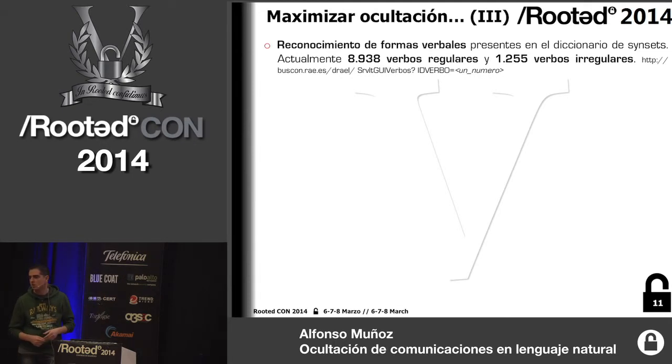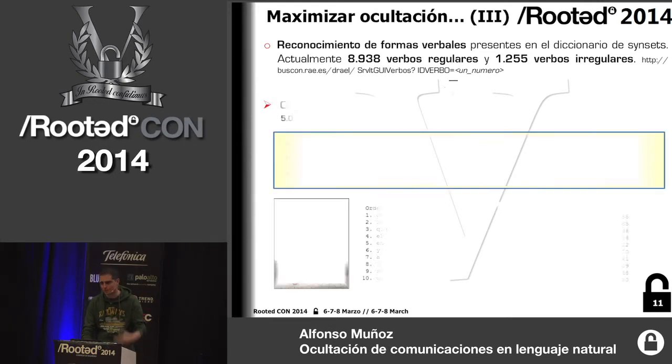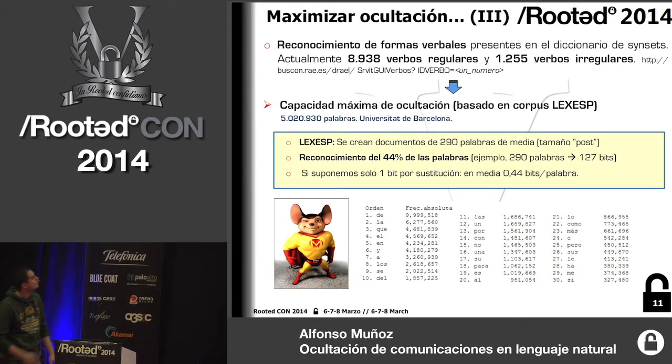Then I could see the number of verbs in the Spanish language. Through a small script, I downloaded all the Spanish verbs. They account for more or less 10,000 of them, both irregular and regular. So the tool detects a verbal form, transforms it into the infinitive, goes into the dictionary of synonyms, and then converts it, for instance, love and appreciate. Okay, so no matter whether it is regular or irregular, after doing all these evil things,